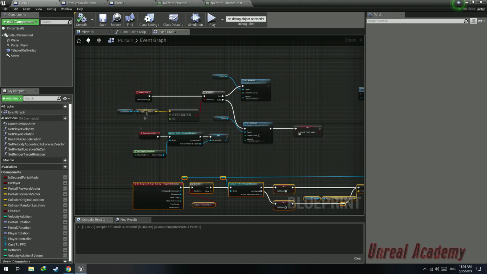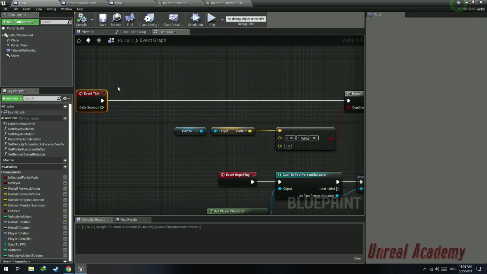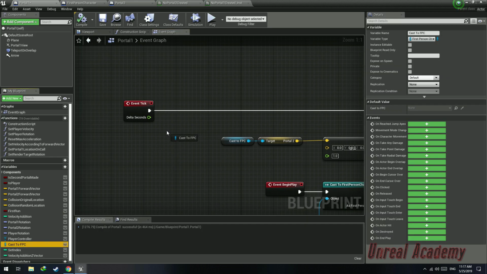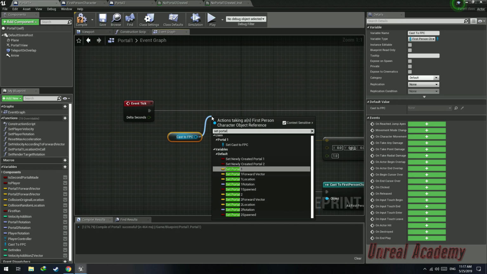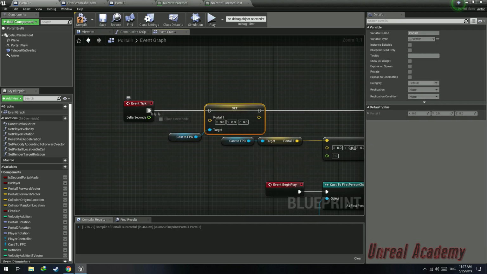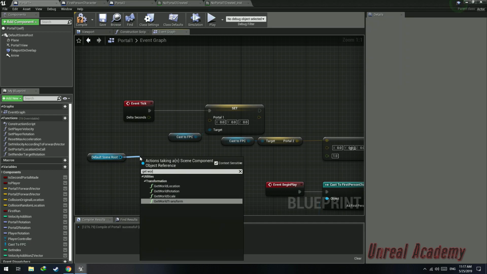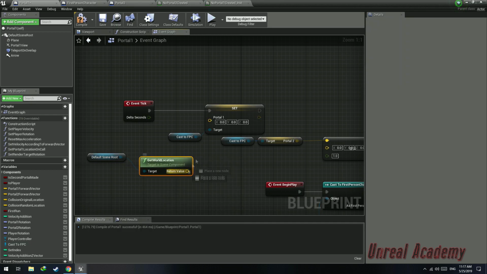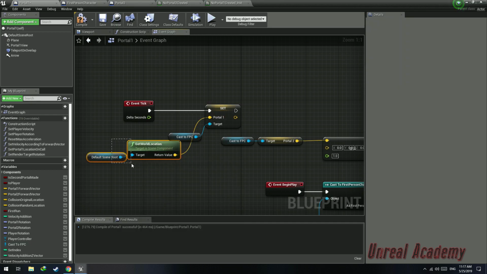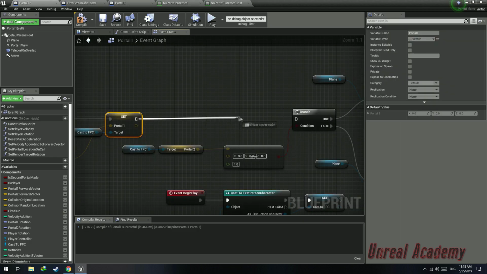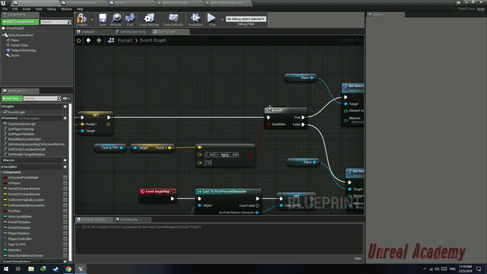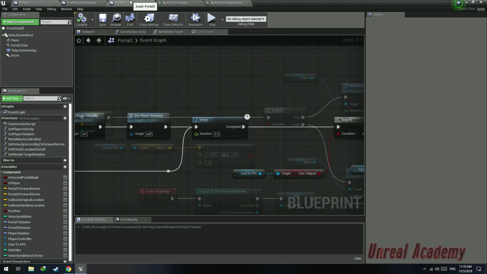Go to the portal 1 blueprint, and event tick, drag this node out here, drag a cast to first person character, get cast to first person character, set portal 1 to set the portal 1 location, drag out the default scene root into the event graph, get world location, plug in the return value into the vector pin of the set node, and drag out the execution pin of set node into the branch statement, compile,